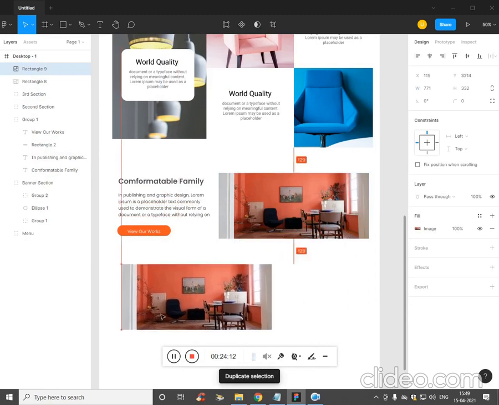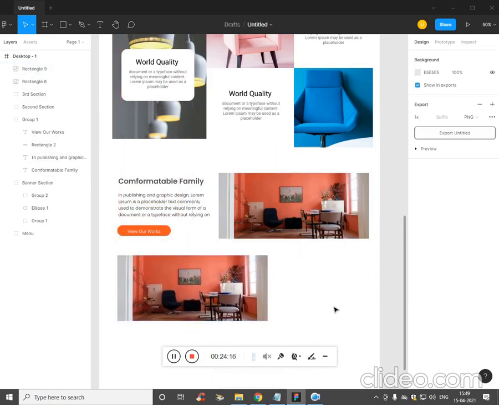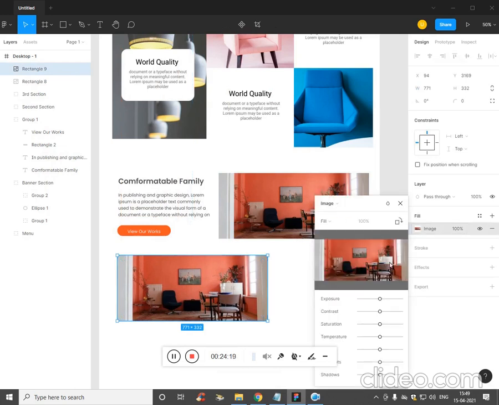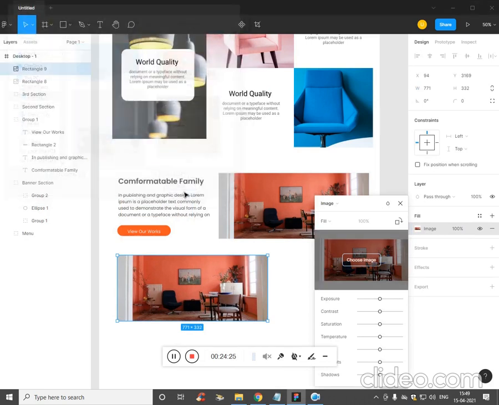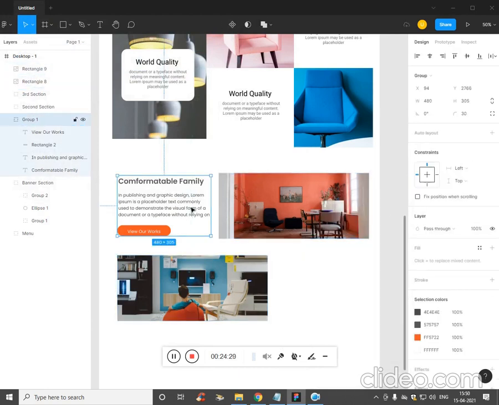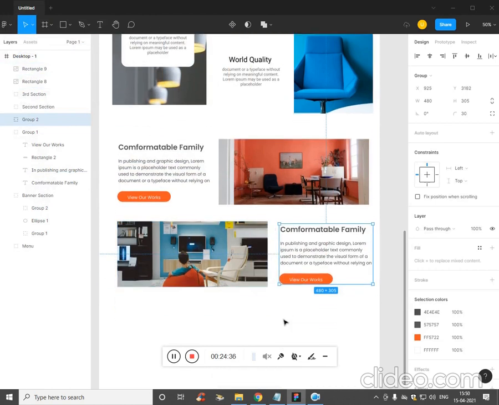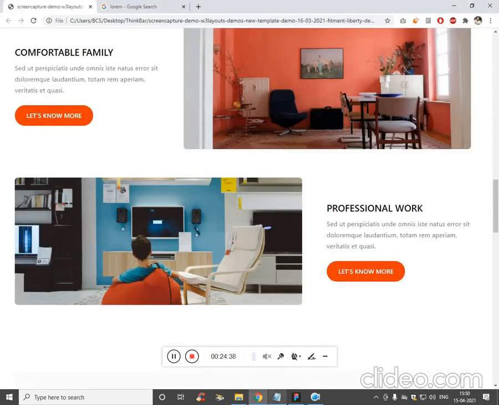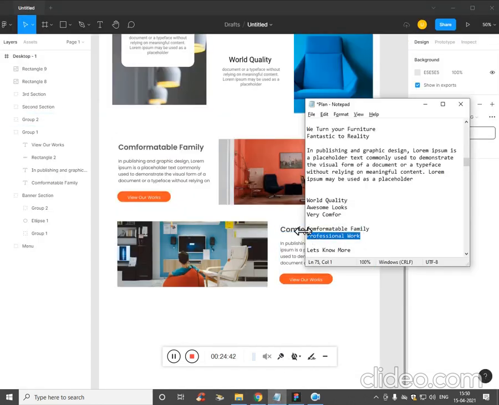Now Control T to duplicate it, place it over here. Now let's change the image. Press duplicate again, drag it over here and drop it. Just change the text to